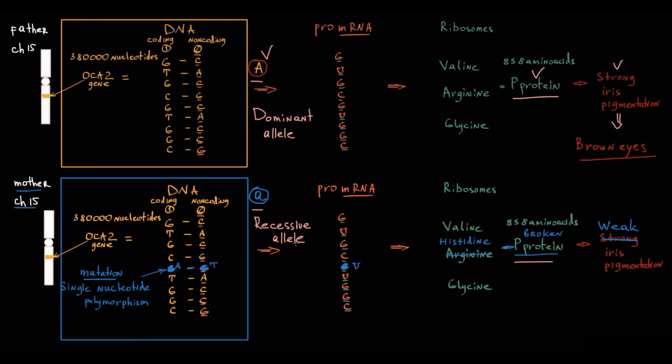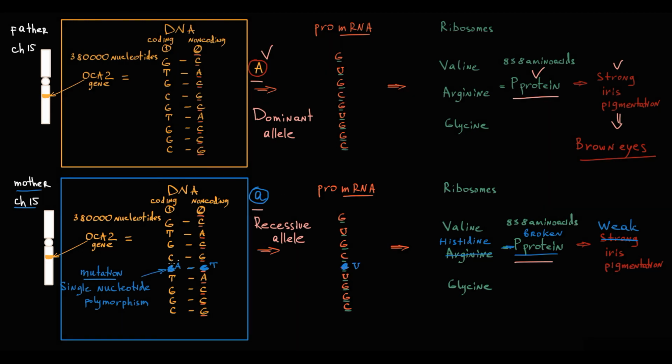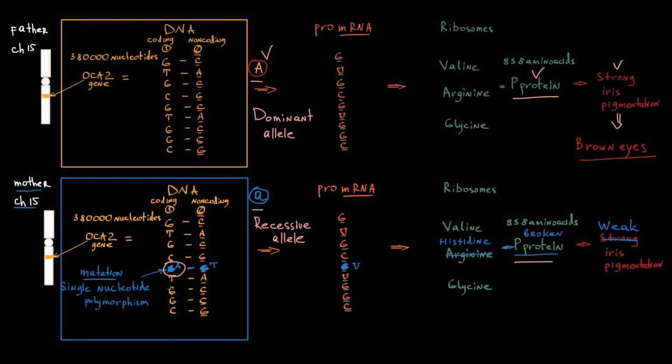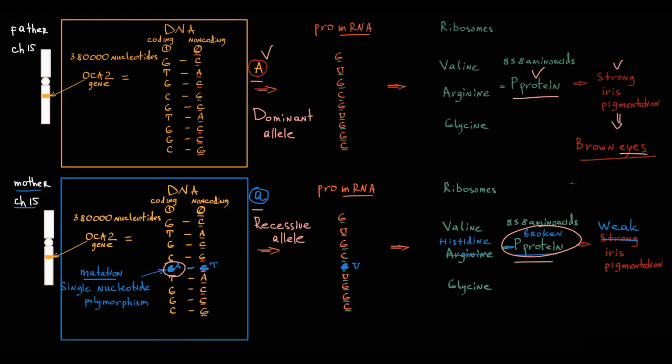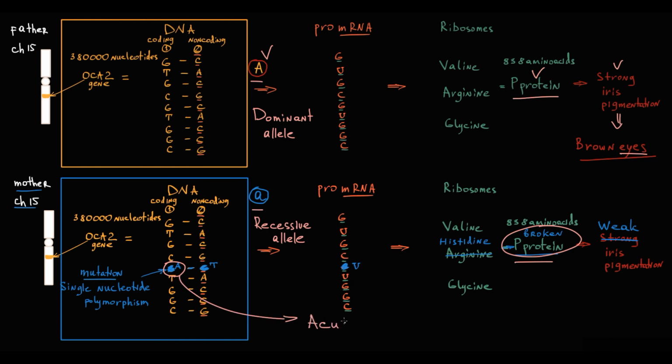Also we see that even a mutation that causes substitution of just one nucleotide among 380,000 nucleotides can totally break the function of practically any protein in the human organism. And if in the case of eye color it's a harmless mutation, many people find blue eyes attractive, such a mutation can easily lead to hematologic malignancies such as acute leukemia, for example, and it's a completely different story.